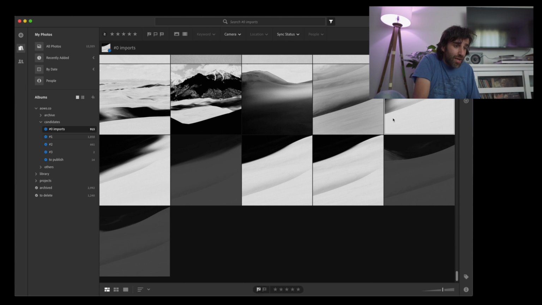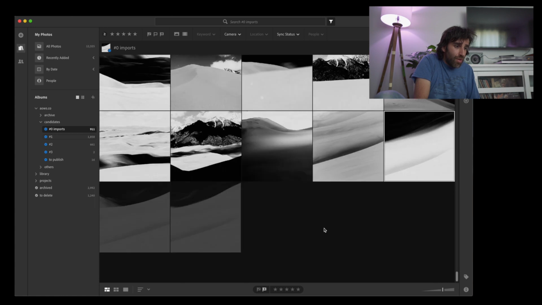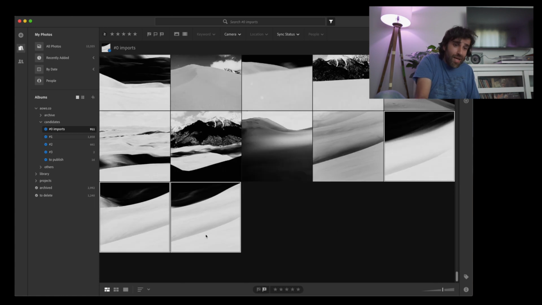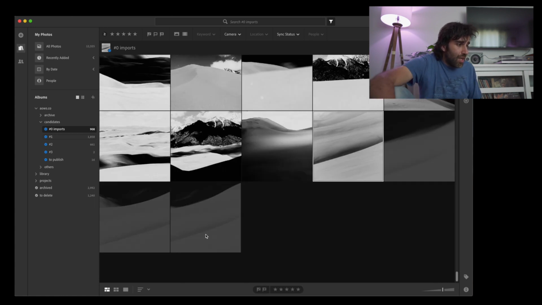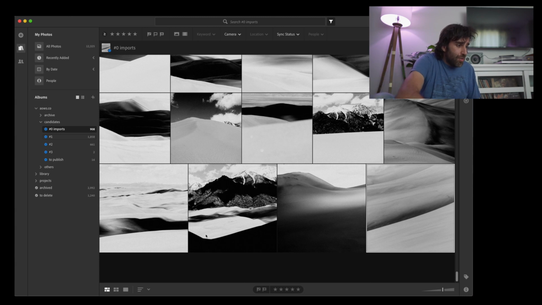Those are the ones that I like the most. So I select the 4 that I like the most, and I move them to the next step, that is folder number 1. I remove them from folder number 0, and the ones that I don't like, I just delete them, so they are gone. So now those 4 go to the next step, that is folder number 1.